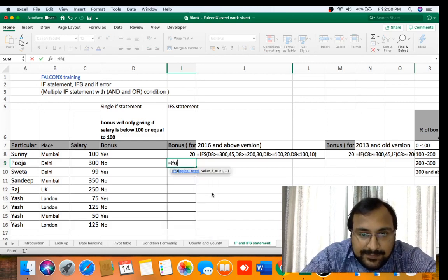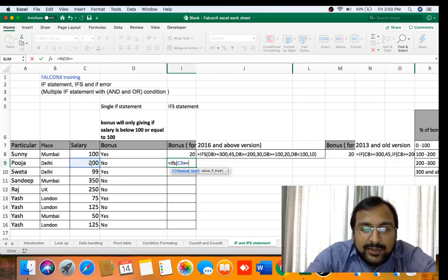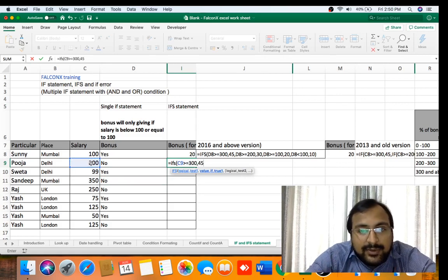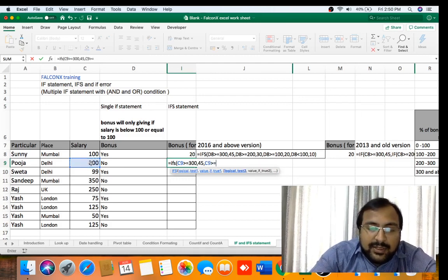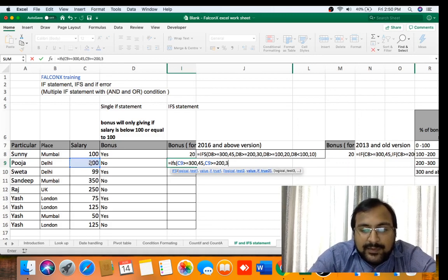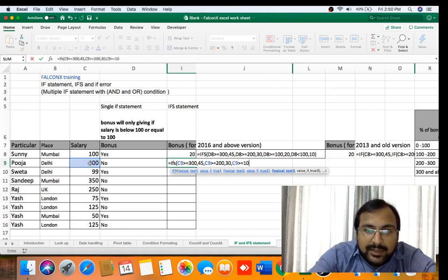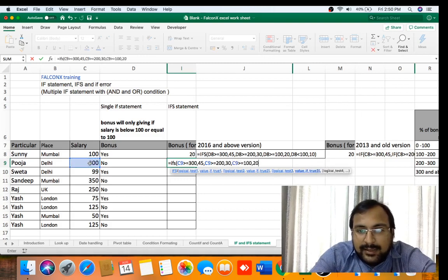First logic is that this amount should be greater than or equal to 300. If it's greater than or equal to 300, we should get answer 45. If it's greater than or equal to 200, we will get 30. If it's greater than or equal to 100, we should get 20.